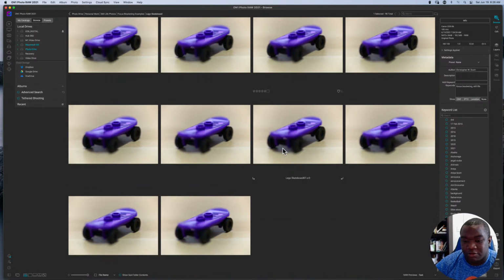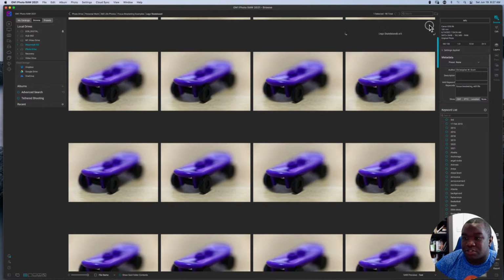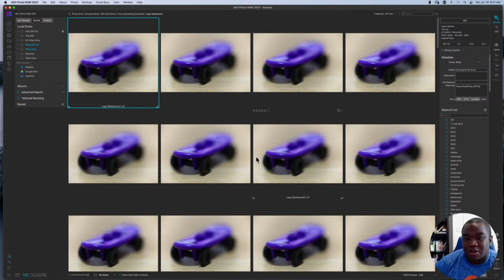But all of these images are in, and these are raw images. So that's another thing that you've got to be prepared for. It looks like I just missed the tail end of the skateboard, but that's fine for today's purposes. I'm not going to make a big deal about this. All right, so now that I have all of my images in, let's go ahead and try and merge these